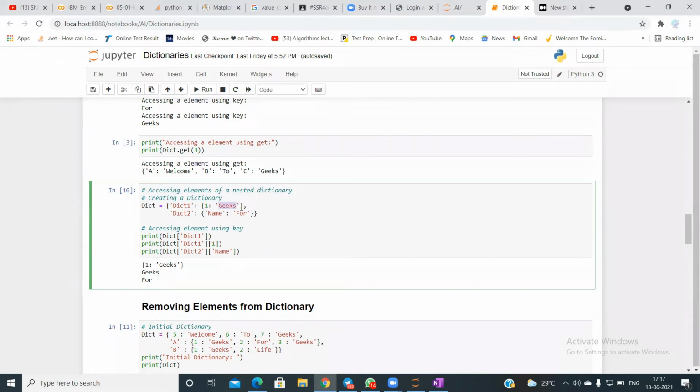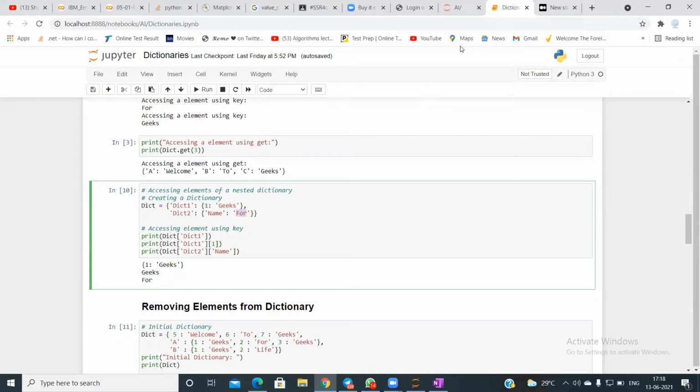I will just mention the key related to this value, and once I mentioned it, I got geeks. And for this also the same thing: dict of 2 of name, I'll get the value. So this is how you add and access the elements of a dictionary.